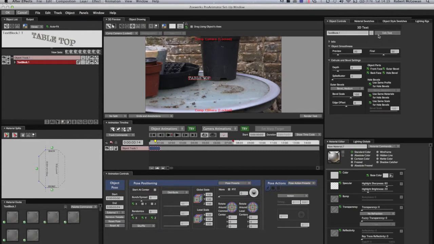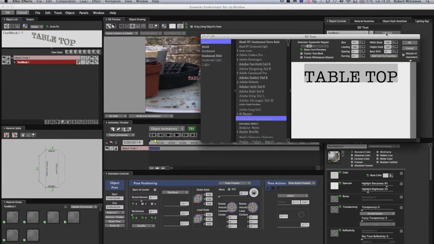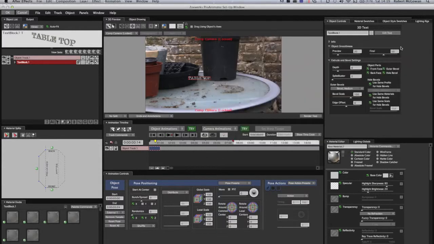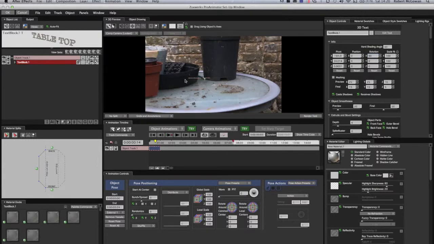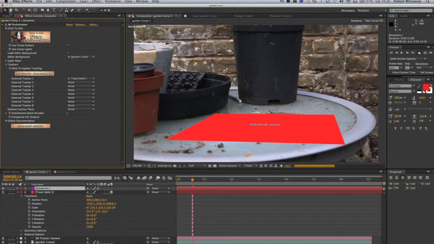Let's rotate this 90 degrees. Oops, not that. Info. Rotation. No, not that. Let's try that. Render that out. Of course, now it's gone negative 90 in Zaxwerks. Let's see where it's put it. Yep, it's gone positive 90 in After Effects. As you can see,